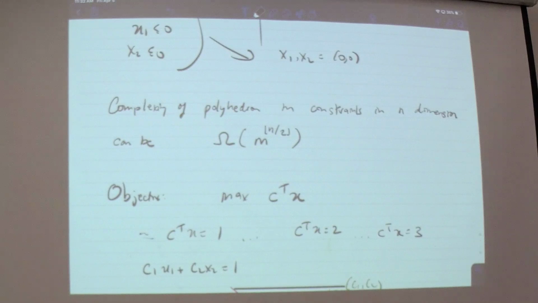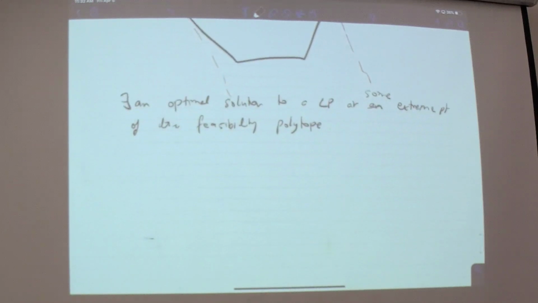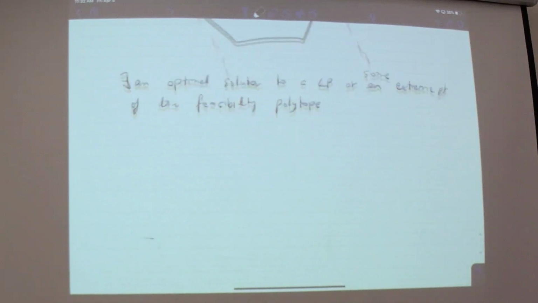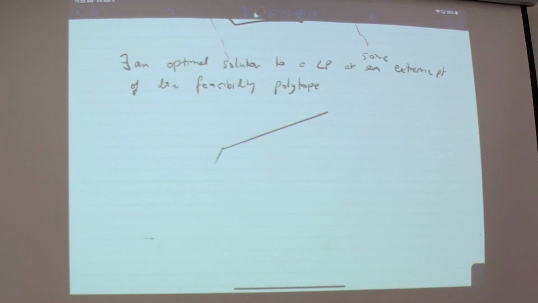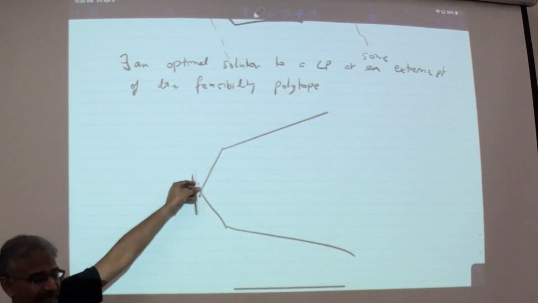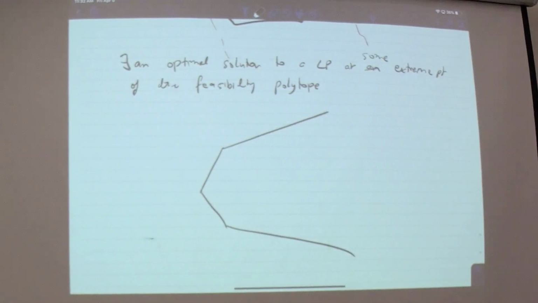Okay, so let's draw this again. Let's try to imagine what the problem is like. Obviously, if my feasible region is closed, everything's great. So something must go wrong, right? So let's maybe draw a feasible region that's kind of open on one side. Even here, it might be that your objective can be solved. When will that happen? If you're trying to optimize this way, then you'd end up here somewhere.